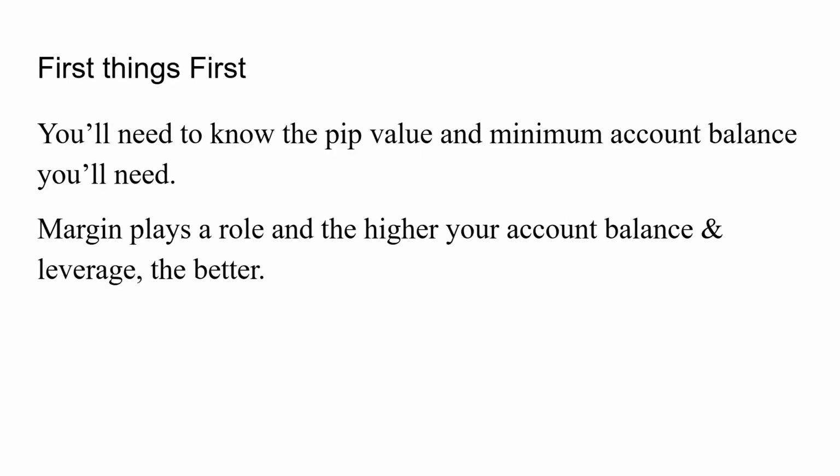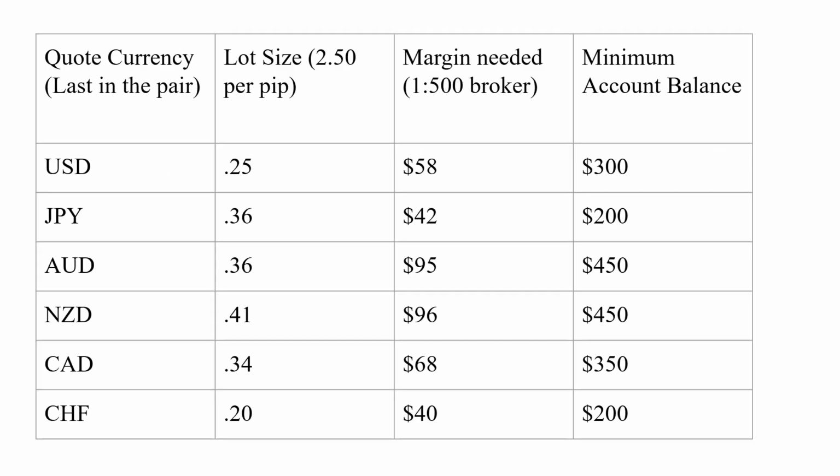The first thing you'll need to know is the pip value and the minimum account balance that you need. Margin and your account balance are going to play a huge role in this. And let's not waste time here or set any false expectations. The higher your account balance is, the more likely you are to have this be a success for you. And of course, the higher leverage you have, the better as well. So these figures assume that you have at least 1 to 500